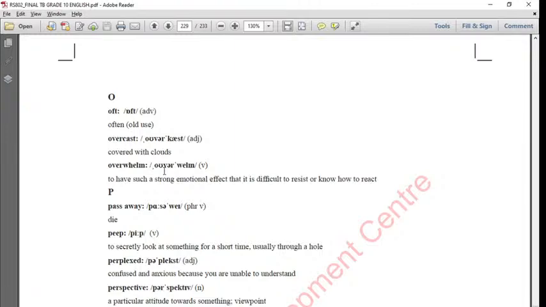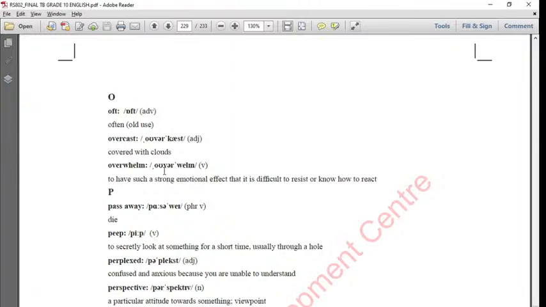Perplex means confused and anxious because you are unable to understand. Perspective, pesticide, plaque. So plaque, you can see, a flat piece of stone, metal, etc., usually with a name and date, attached to a wall in memory of a person or an event. And then we have preach, to deliver a religious address to an assembled group of people, and prevailing, existing in a particular place or at a particular time. Preventive,